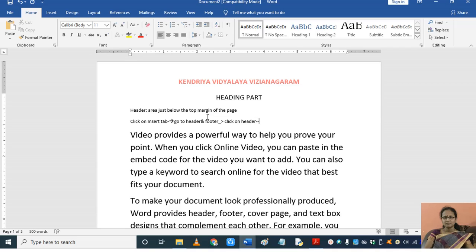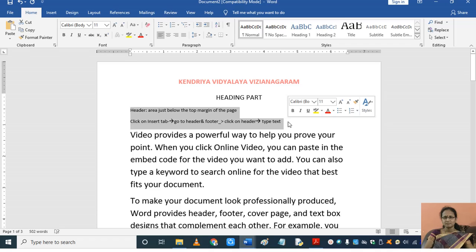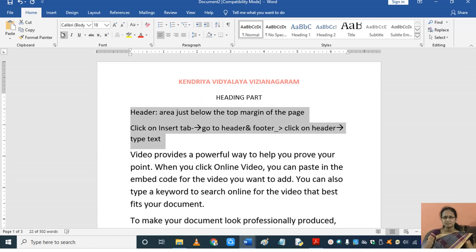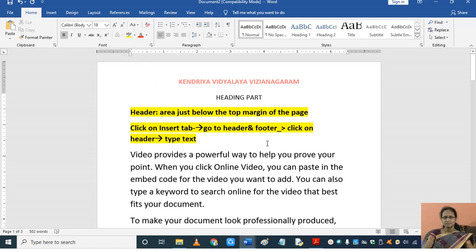And then type the text. Okay, so these are the steps you have to follow in order to insert a header. This is most important. Header is the area just below the top margin.